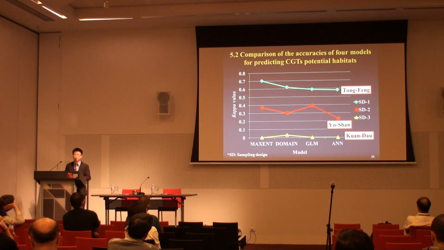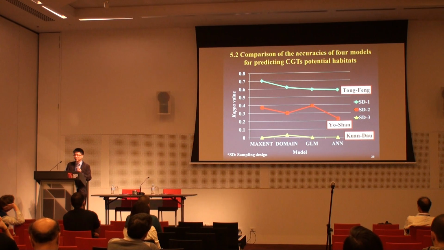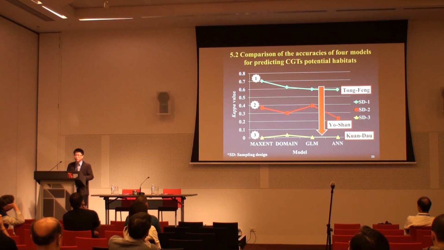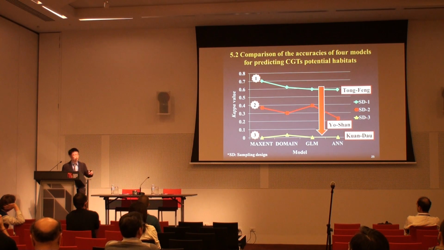First, the models have different prediction abilities. Ranking model performance from high to low, we find MaxEnt and DOMAIN were much better than the GLM, and the last one was the ANN. Second, model performance decreases with increasing spatial extent. If we predict a small spatial scale, the model performs well, but when we extend the spatial scale, it drops dramatically, eventually nearing 0, and finally loses